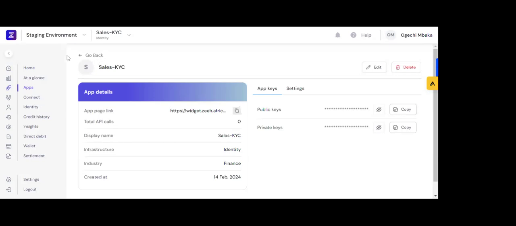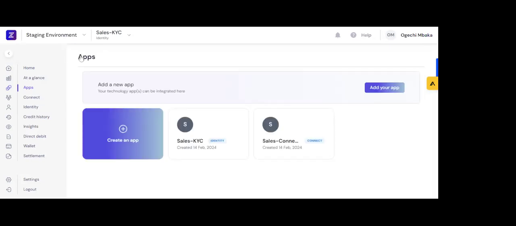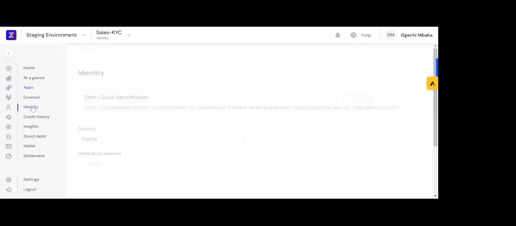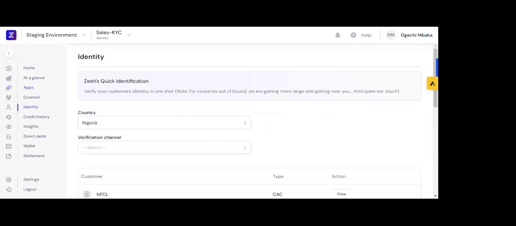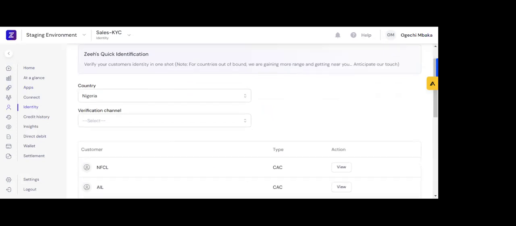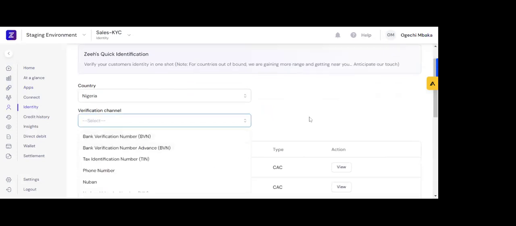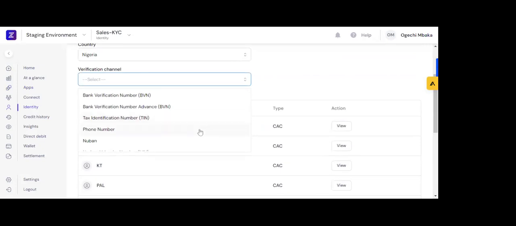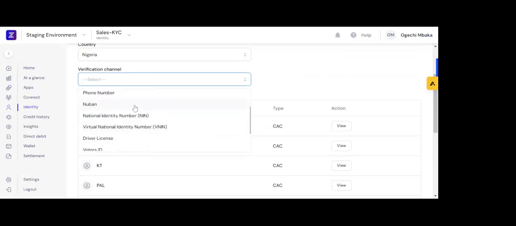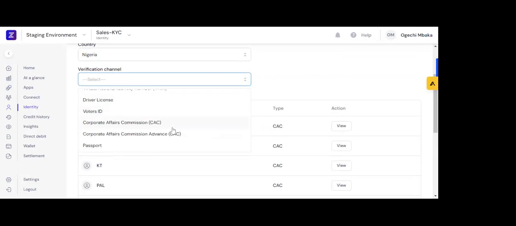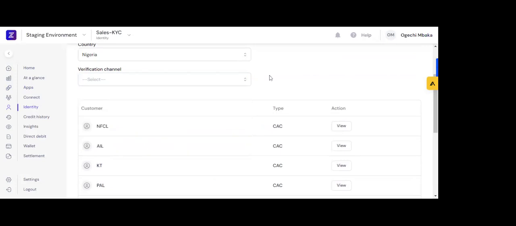So to the demo proper, our identity service, which is our verification service that ranges from NIN verification, BVN, CIN, phone number, customer's account number, the VNIN, driver's license, voter's card, passport, CAC, the basic for business name and advanced for company name that provides you with the director